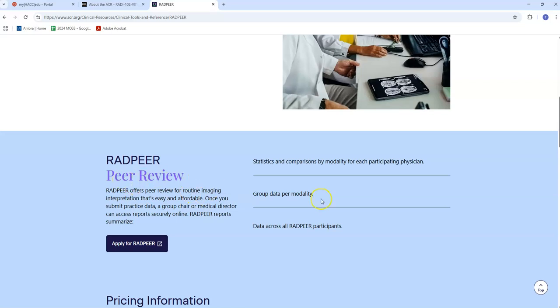So peer review. All radiologists have to have the reports that they create, how they read the radiology cases, they all have to be peer reviewed. It's a requirement for them to keep their license. So all of them have to, at some point in time, submit some of their reports to the ACR and have them reviewed by RadPeer.